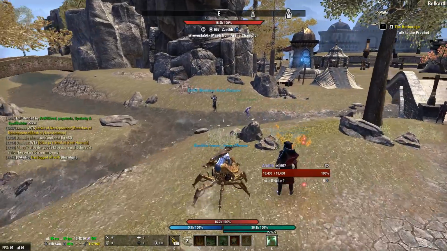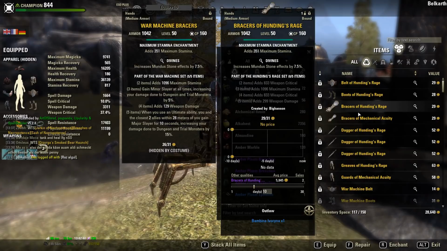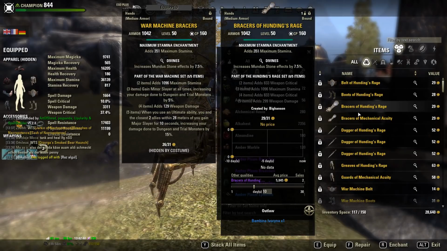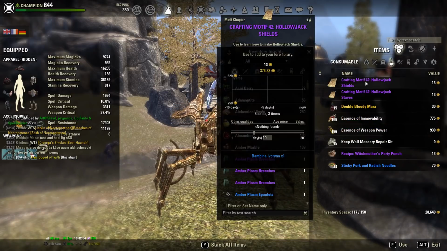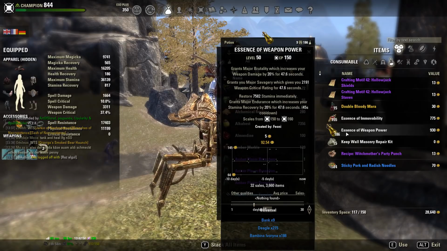But yeah, make sure you are in a trading guild. I'm not in a trading guild right now, because I forgot to put my motifs that I farmed in the guild store. I didn't sell anything for a week and I got kicked. Otherwise you'd have some prices here, or you still have some prices here. You can see like 32 sales,